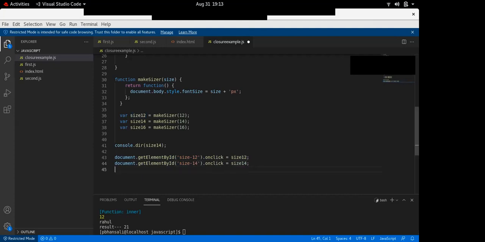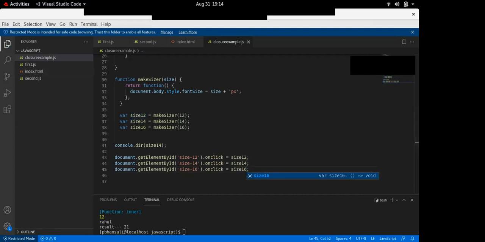So what will happen when that element is clicked? Automatically, this size12 function will be triggered. When this one is clicked, then the size14 function will be triggered. And when this function is triggered, then the font size will turn to 14 pixel or 12 pixel. Similarly, size16 equals size16.